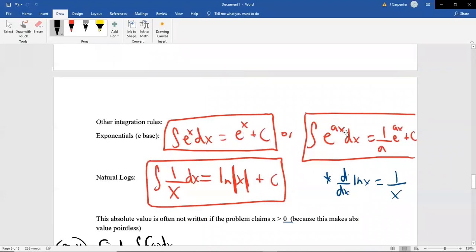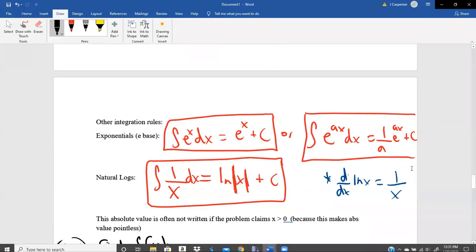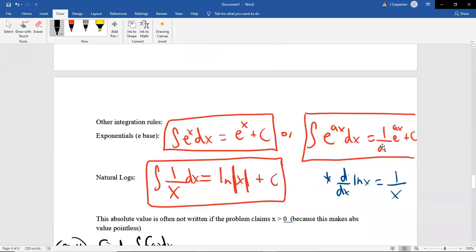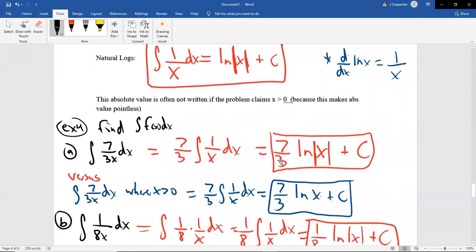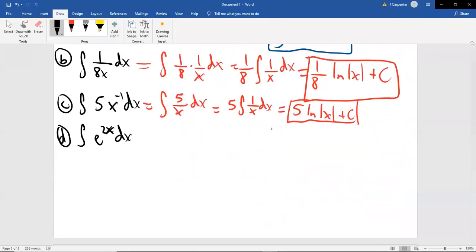If you have an extra coefficient with your x, you just divide by this value. And again, I kind of gave you this as a leap of faith, but I did relate it to the power rule, how we divided by that number in the exponent. When the exponent was n plus 1, we divided by n plus 1. When this exponent has an a times the x, you divide by the a. All right. So because this has a 2, when we actually do this integral, we need to divide it by 2.